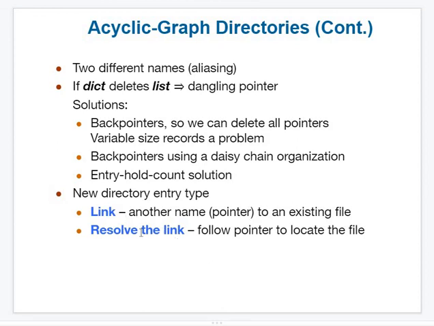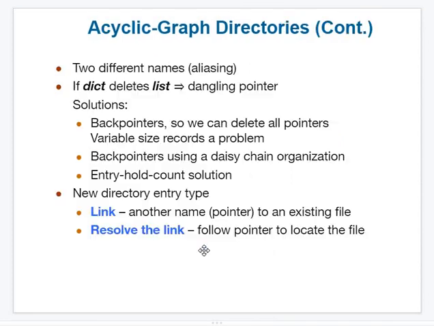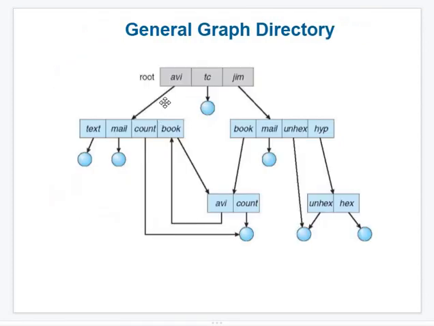So, link and resolve the link. Link means creation of a link. As I told, see, this is one link and this is another link. Resolve link means what? Whenever through one link I have deleted, and through another link I try to recreate the file, that's called resolving a link. Okay, so to avoid this, I mean every method has some difficulties.